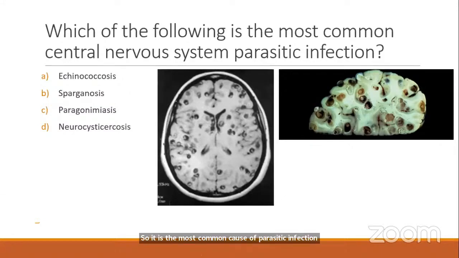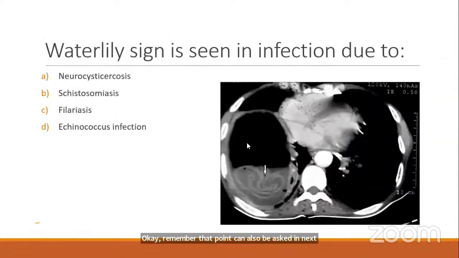It can also be asked in a question. Okay, so this is a typical water lily sign. You can see something is actually floating back in a cavity of liver. Yes, it is the hydatid disease which is caused by the Echinococcus granulosus. This is the endocyst layer of this particular cyst which is being shed back into the fluid. So it will typically look like a water lily, a radiological finding seen in Echinococcus infection